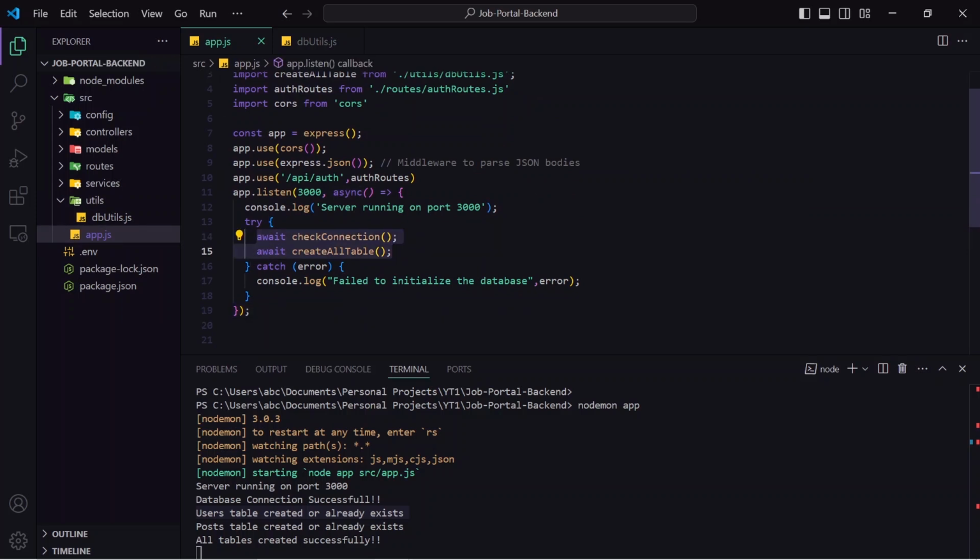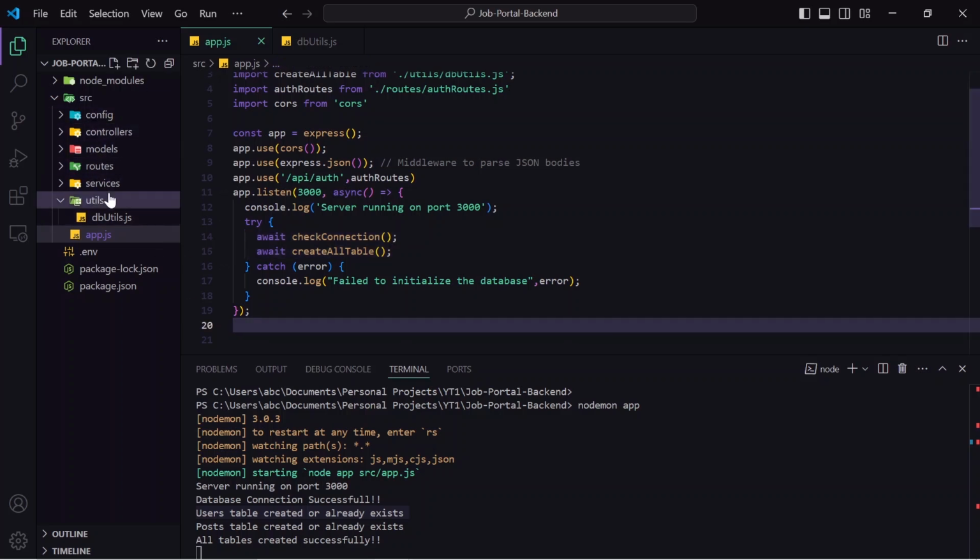So if you also want to learn how you can make a connection between Node.js and MySQL, and also how you can create a table if it does not exist, then you can check my video on MySQL to Node.js connection. Now you can see here this is the MVC structure,